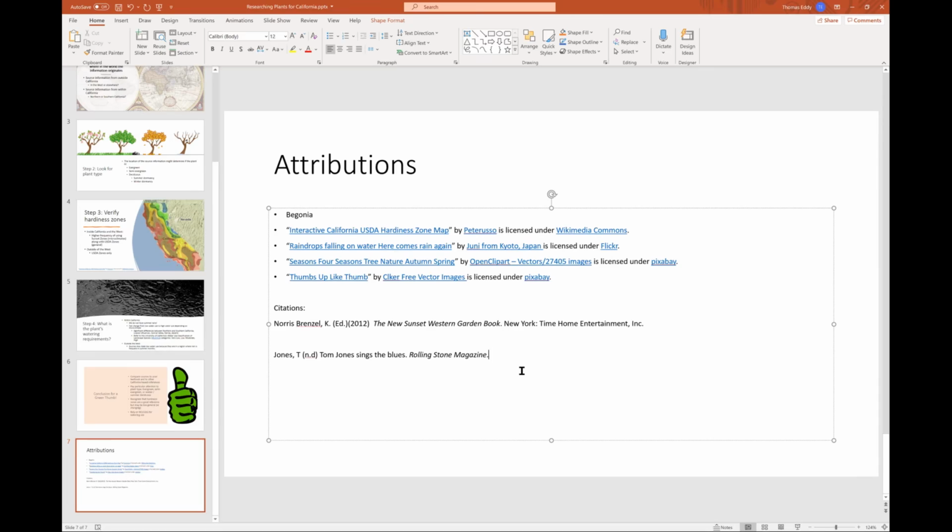And then what you need to do is put the date you retrieved this information. So retrieved, and then say, May 5th, 2013.